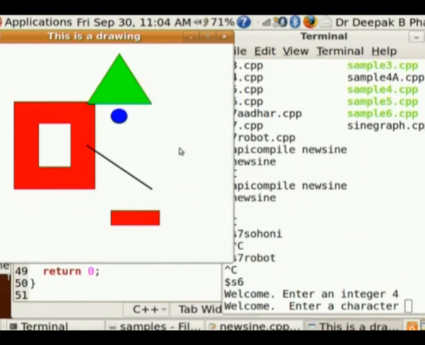So, in conclusion, I will say that using the EZ Windows classes and class libraries, you now have a reasonably good facility to handle any kind of display that you want to look at. Last year, people created using the same EZ Windows, snakes and ladders boards, and they actually showed the movement of coins there. There are people who have done all kinds of crazy things using this. Okay, so you are most welcome to use them.